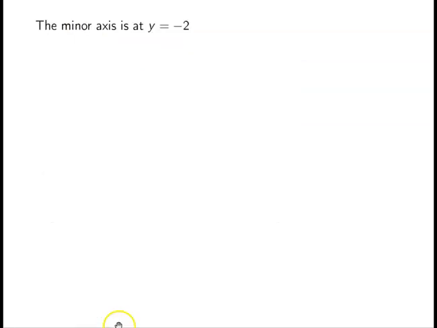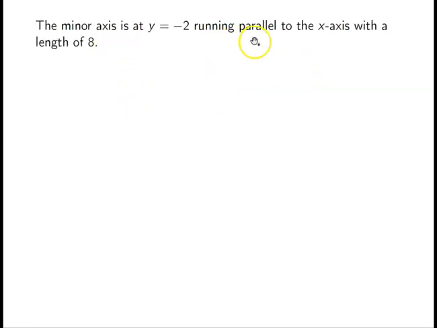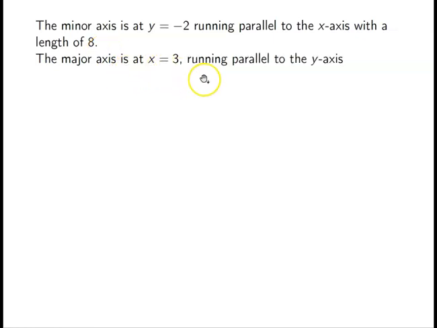through this point. So my minor axis is located at y equals -2, running parallel to the x-axis, the small side, with a length of 8. As we said before, because it's 4 and there's 2 of them. The major axis is at x equals 3, and it's running parallel to the y-axis, up and down, because it's the long side, and it has a length of 12, 6 up and 6 down,